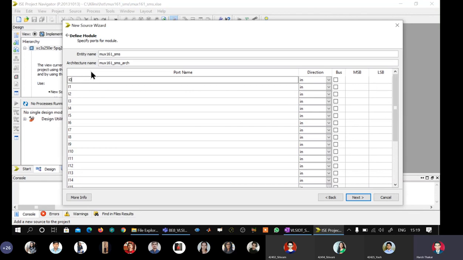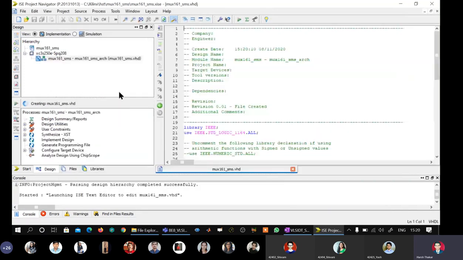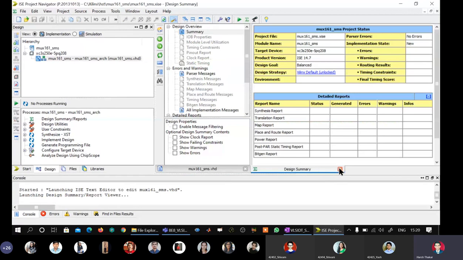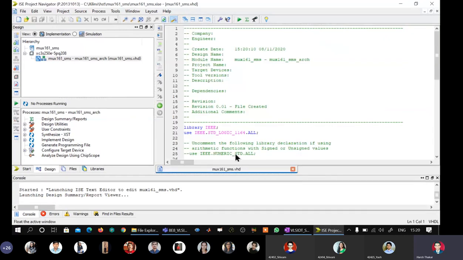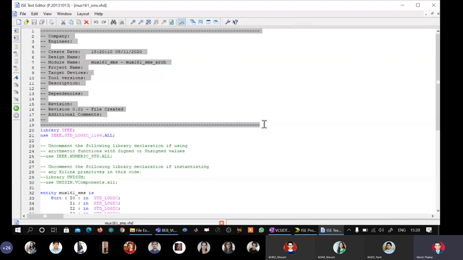I had made a mistake. I had written IO. Let me also make sure I have written I10 here. Yes, that was written as IO, which was wrong. It is I0, and all select lines are there, and just my output Y as out, else everything seems to be perfect. Okay, finish. Close the summary, float, delete.